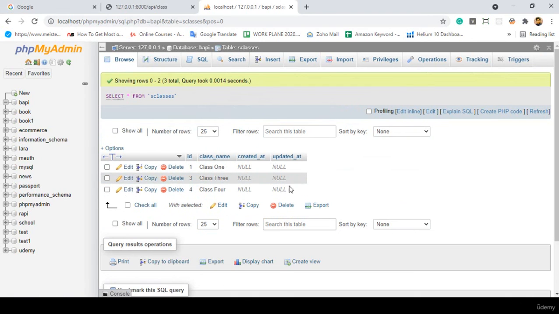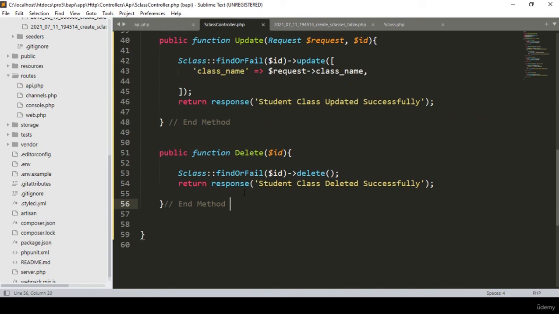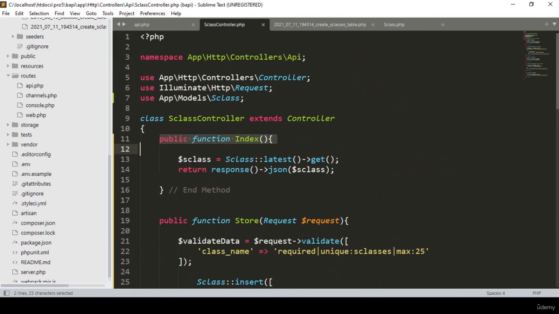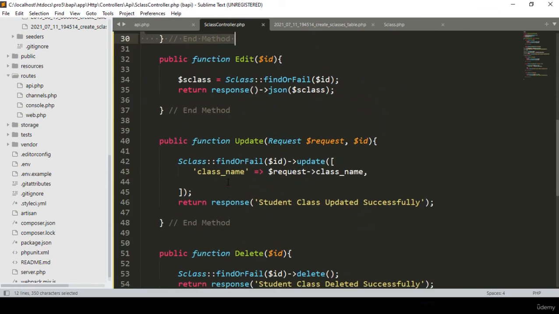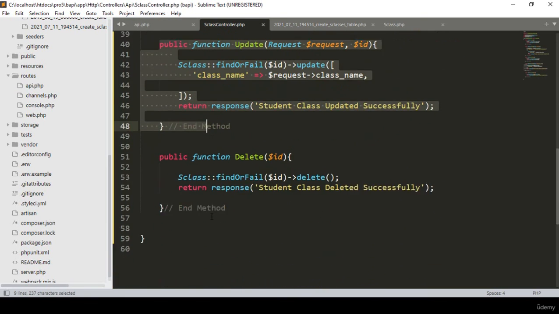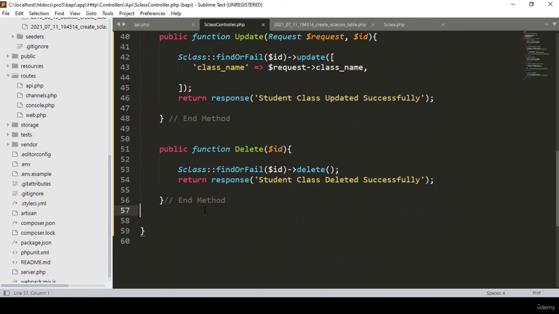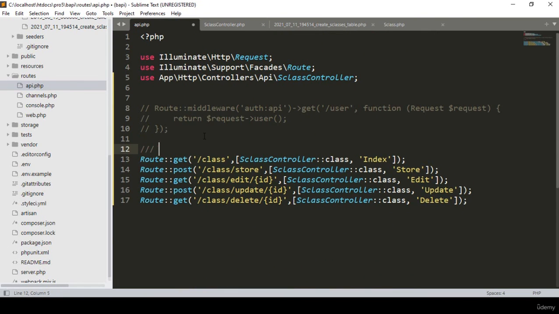I hope, friend, it's very clear to you. Okay. So friend, if you understand that part, the rest of this will be very easy. So that is actually the main basic core functionality. So here we successfully completed: we get all our data, we store all that data, and we edit a specific one row of data, we update a specific one row of data, and also we delete this data. Okay. So that's all. So better I put a note. So that is for our class, student class